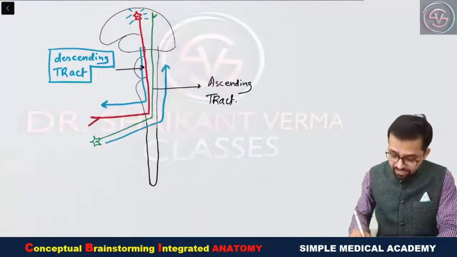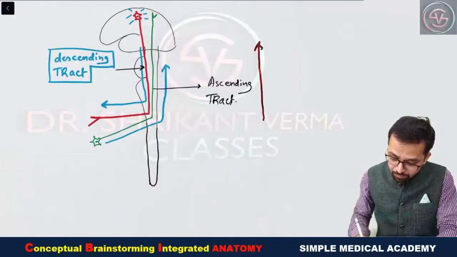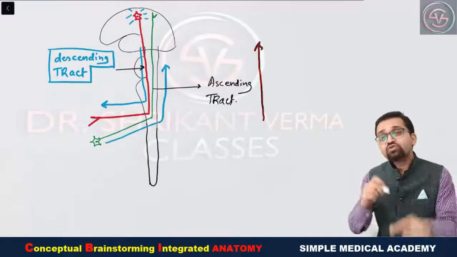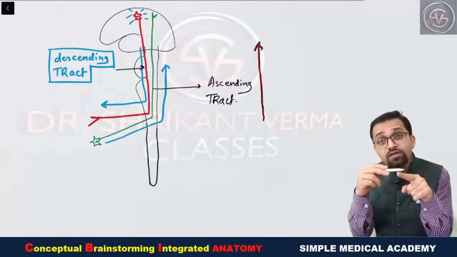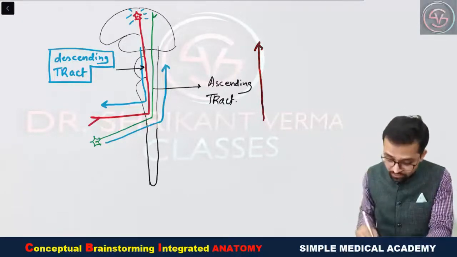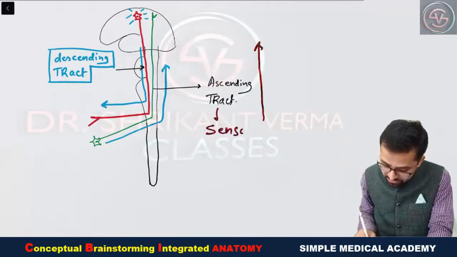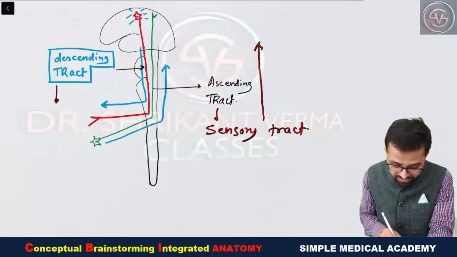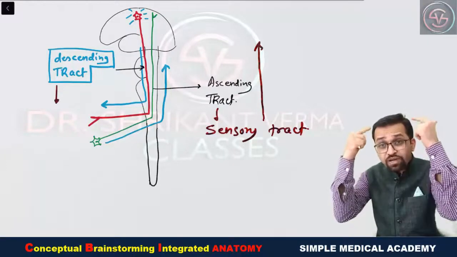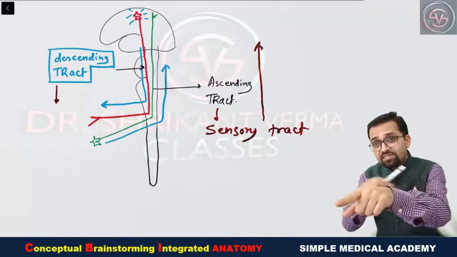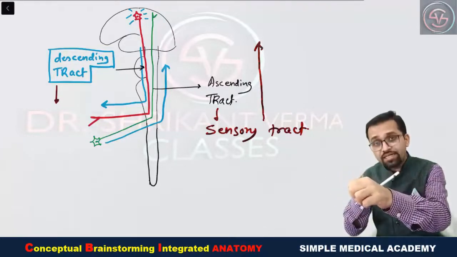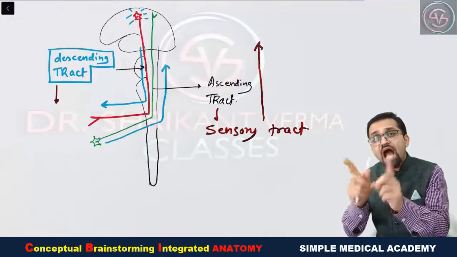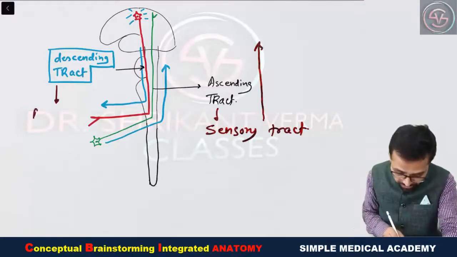Again try to understand, ascending tracts are responsible for carrying the impulse from periphery to the above. So they are responsible for carrying the sensation, touch, temperature. This all runs from periphery to the brain. That's why ascending tracts are also known as sensory tract, while the descending tract will carry the impulse from the brain to the downside and they will carry the impulse to the limbs or any other structure. So there will be the movement. Movement means motor activity. That's why descending tracts are also known as motor tract.